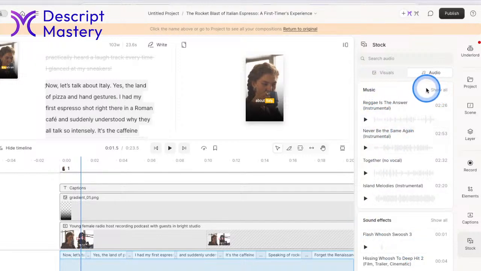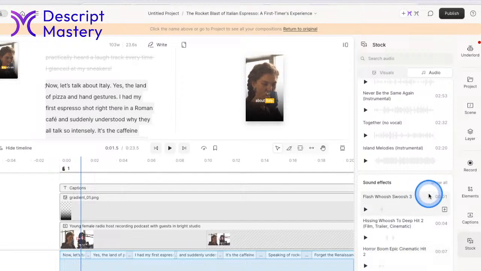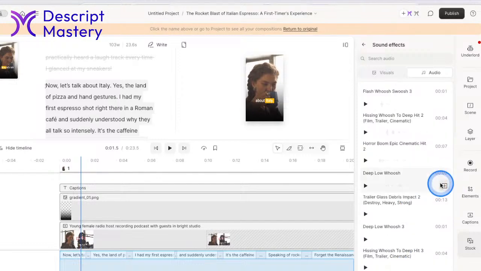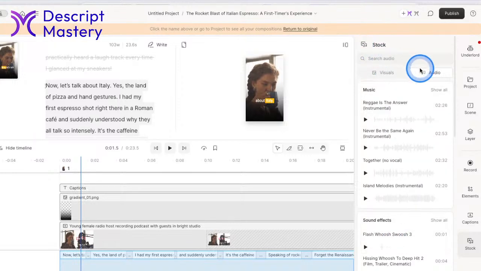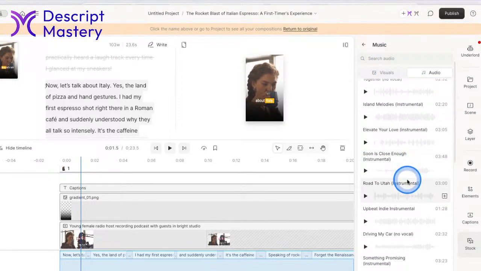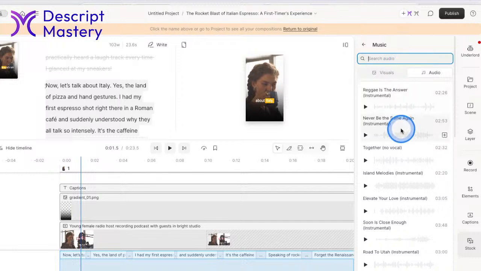So I've had so many people ask me, what do you recommend for stock media? Like, what do you subscribe to? The answer is I don't. I subscribe to Descript. It's all here. They got thousands and thousands of tracks, thousands and thousands of sound effects. And if you didn't know that, it's probably because you didn't know there's a show all button right here, and you can scroll through and see all sorts of stuff in their library. So highly recommend it. You're already paying for it. It's all there.